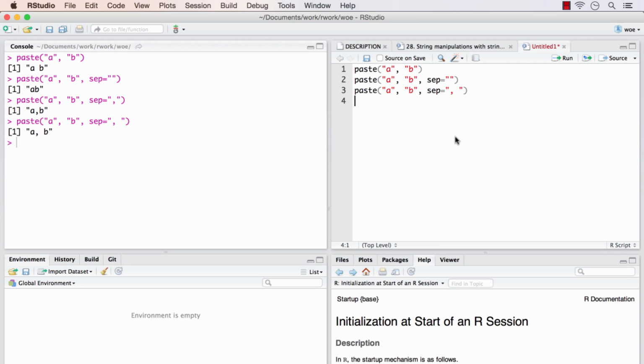Now, this is not all of the functionality that the paste function has. It is much more powerful actually. Let me show. I have 1 to 4 and then 5 to 8. If I run this, it joins the first elements of the respective vectors. Actually, I have passed two vectors as arguments to paste. The first element of the first vector will join with the first of the second vector, the second with the second, and so on. And when joining, it leaves a space in between them. If I want no space, I will just mention it like this. And 15, 26, 37 and so on will come.